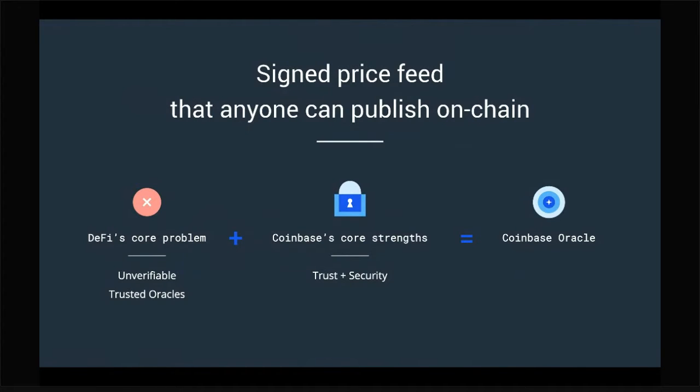How do we know that the private key hasn't been compromised and some incorrect prices being posted in order to manipulate the protocol? And then lastly, the point that I haven't heard touched much, but how do we relieve the DeFi protocol teams from the burden of having to store private keys that can potentially create a big target on their backs? Right. So at the same time, at Coinbase, we believe that our essential strengths are trust